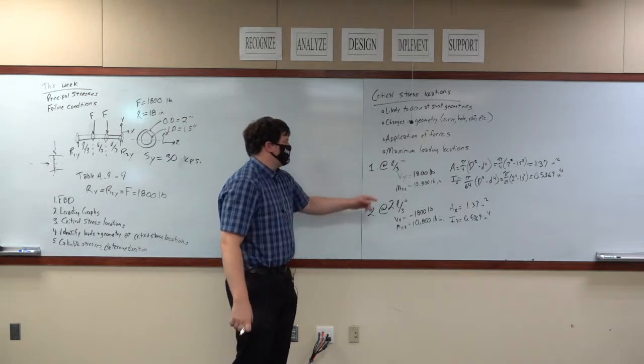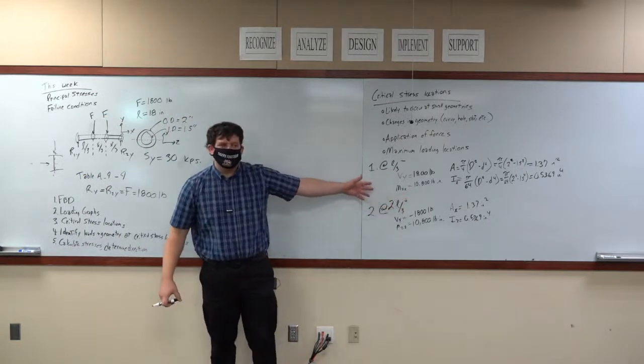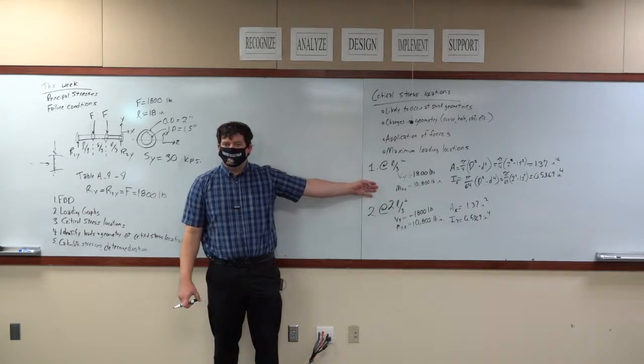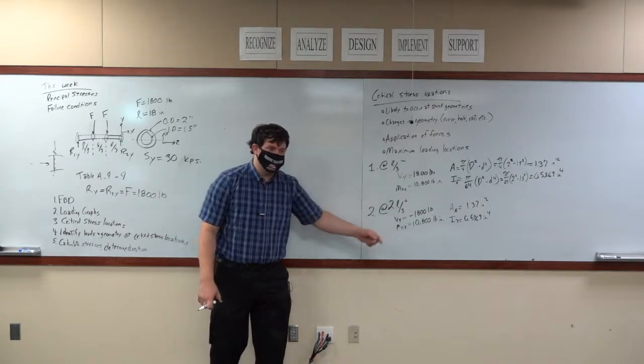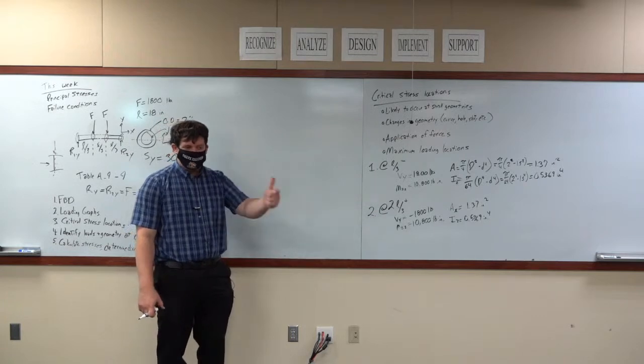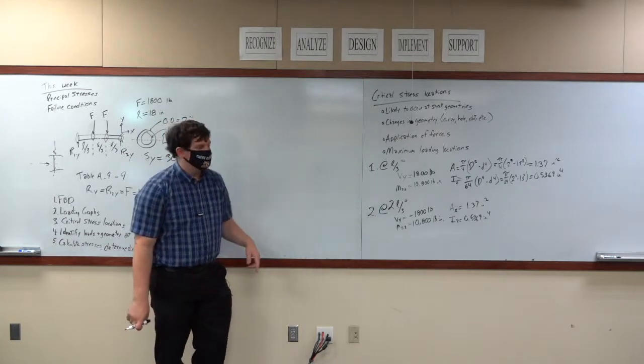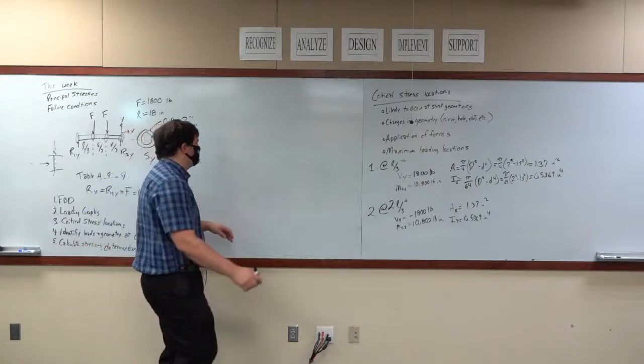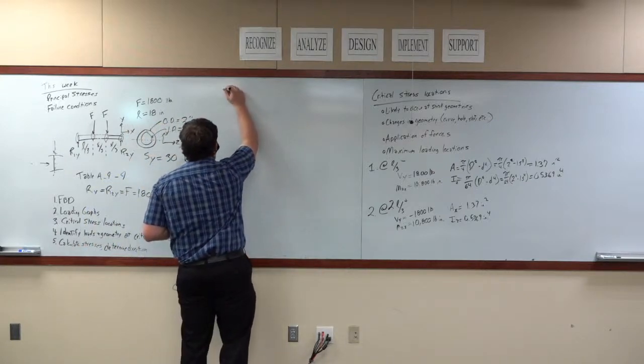So I'm going to calculate stresses. What 2 types of loading do we have here at critical stress location 1? We have shear and bending. So we need the shear formula and the bending stress formula. Okay? I'm going to throw those at you because I have those memorized. So for 1,